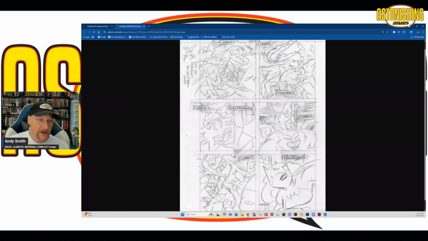And Keith Giffen was a big Jack Kirby fan and pulled a lot from Kirby. And one of the things Jack Kirby did so well was 6-panel grids like this. One reason Jack did it is because it sped up his output, because when he was drawing from either a script or even if he was writing it himself, if he did a 6-panel grid, that takes a lot of the thinking process out, instead of going, oh, what panel should I make larger and smaller, and the flow of the page. If you just do a 6-panel grid, then you're just worried about leading the eye from panel to panel and